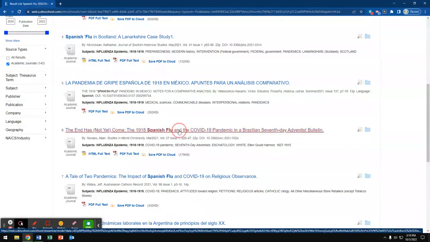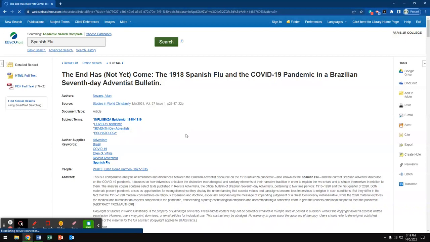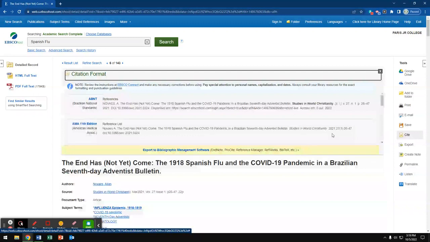However, I want to click on the title. So once I click on the title, I can also see it gives you a brief summarization in the abstract itself, about a paragraph or so. And oftentimes, Academic Search Complete will also provide you with the citation format right here, on the right-hand side of your screen. So you can click on Cite,